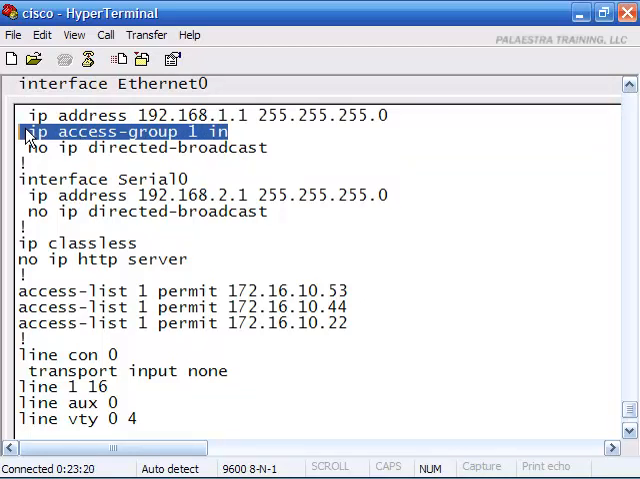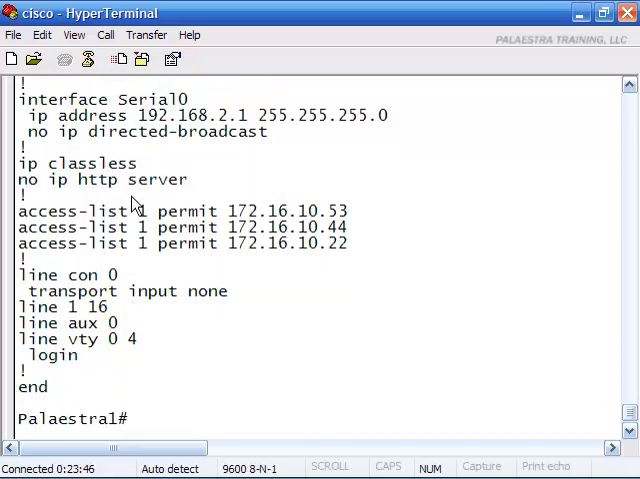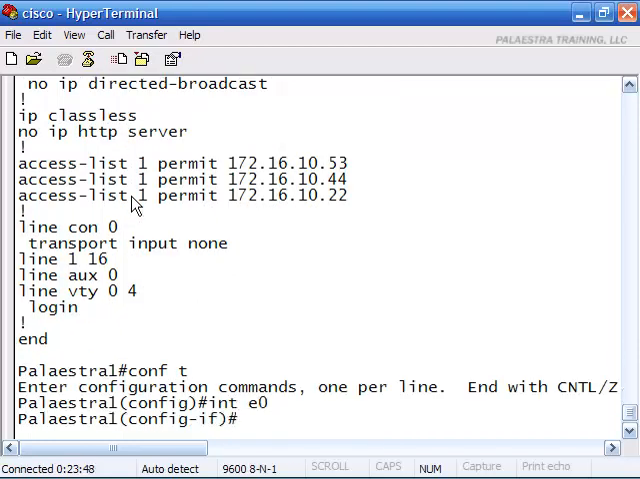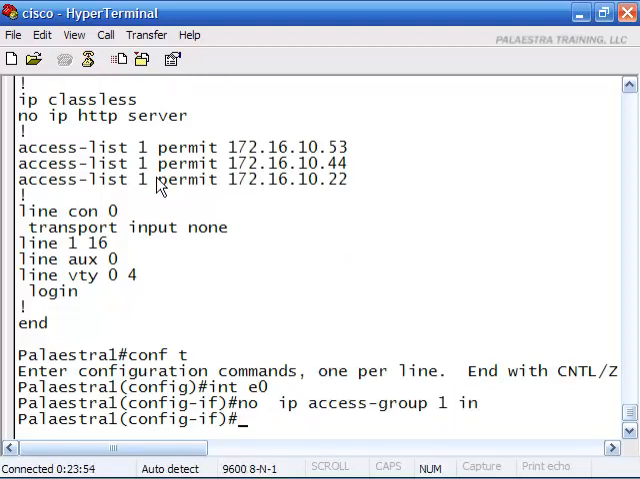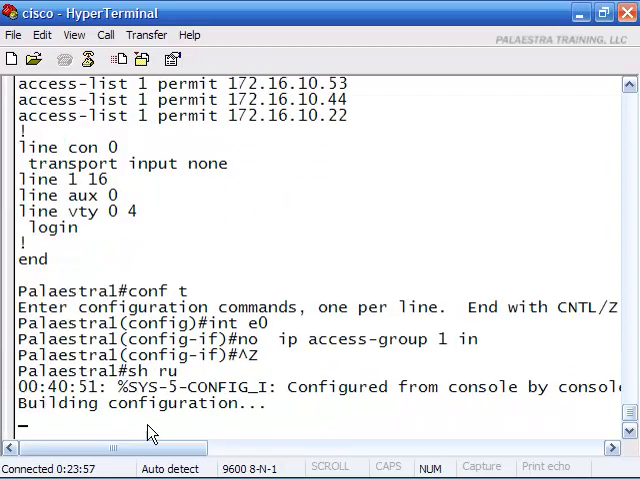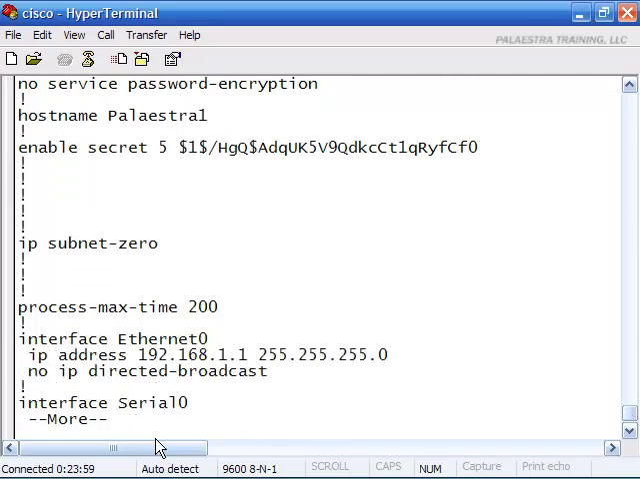Just because I removed the access list does not remove the access-group command at the interface. So if I were cleaning it up, I'd have to go to the interface and remove this command as well. What I see a lot of people do when they try to remove the access list from the interface is just go IP access-group 1 enter. They forget the "in" or "out". So if you're removing things, a lot of times it's helpful just to right click, highlight it, copy, go to interface Ethernet 0, type no, and then paste the whole line. That way we eliminate some of that user error